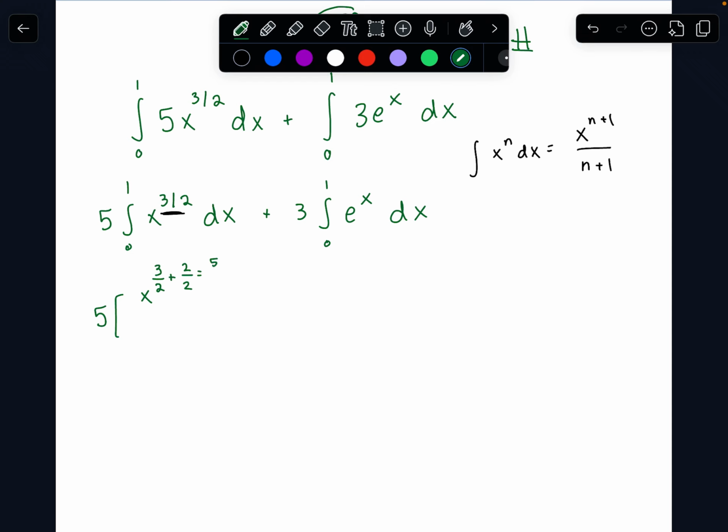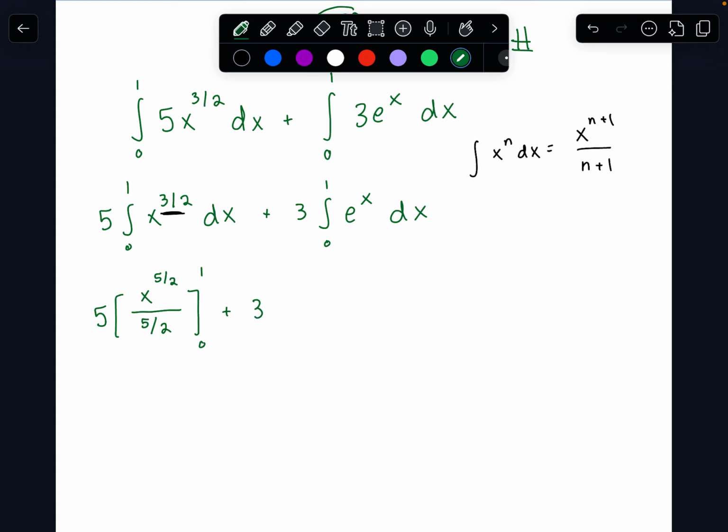And that's going to give me 5 over 2. Okay, so I'm going to have 5 over 2 divided by 5 over 2, evaluated from 0 to 1,